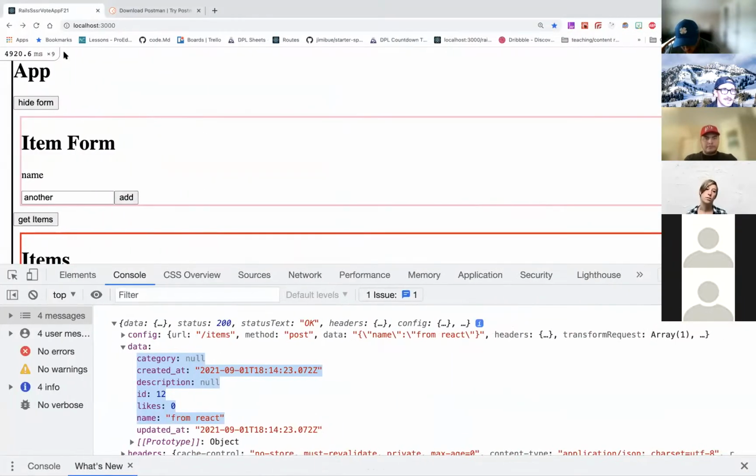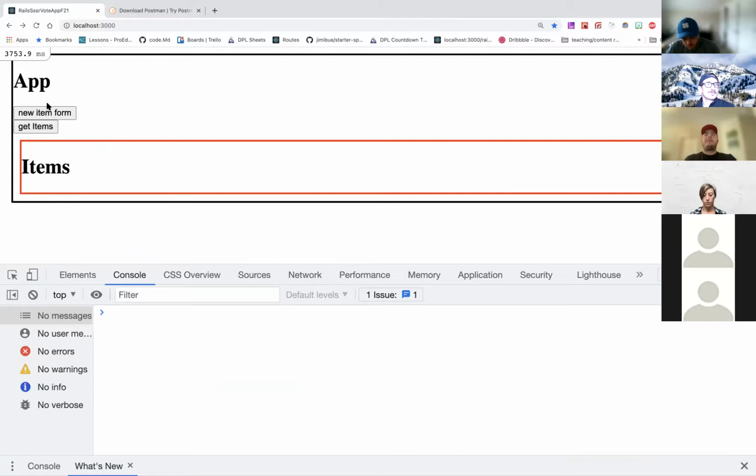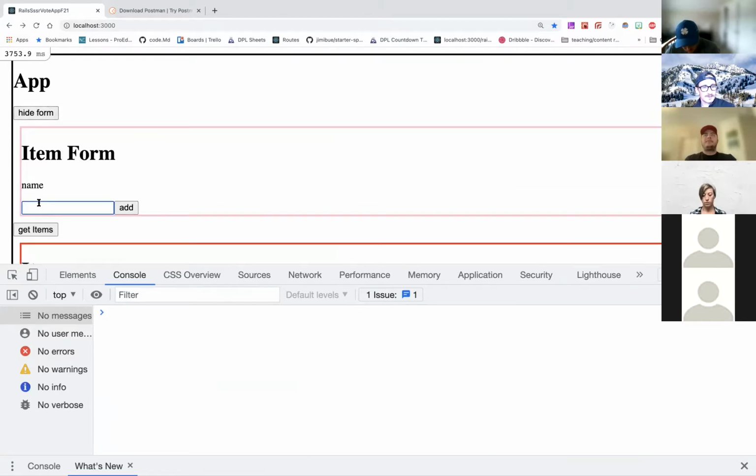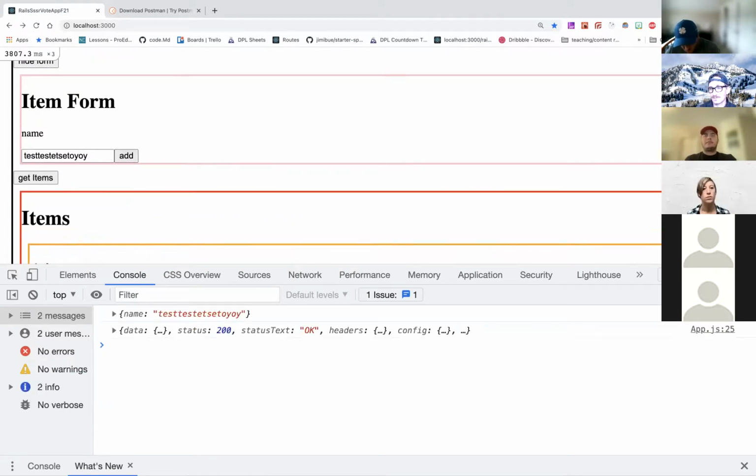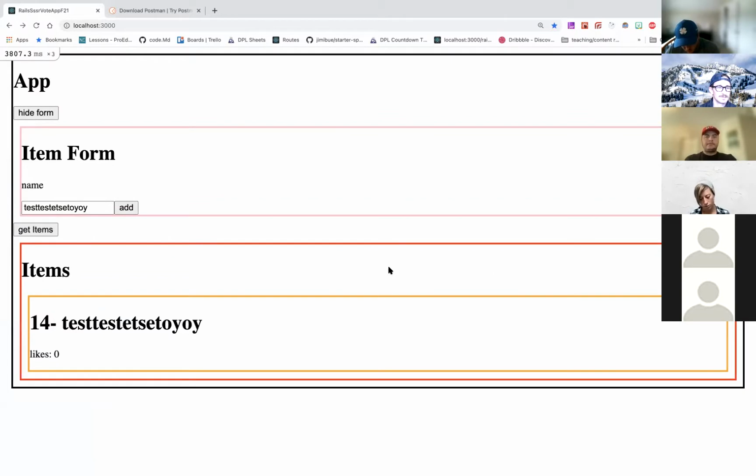So let's test this out. So we can talk about phone, test, yo, add that. See, that's adding it to the state now. Then if I get items,